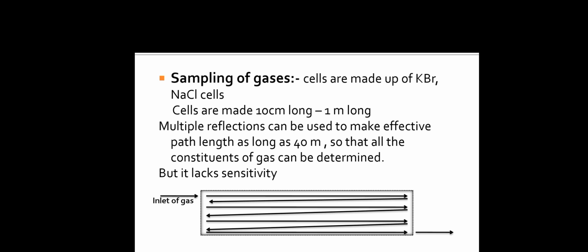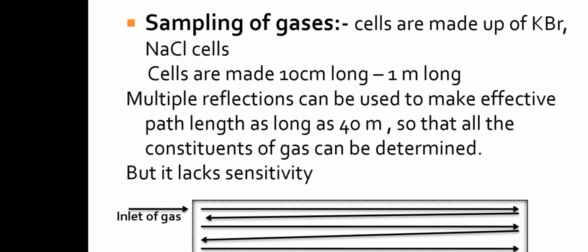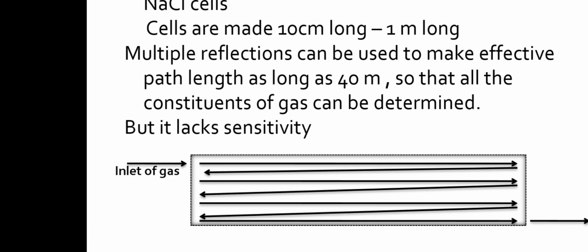For the sampling of gases, long cells are made from 10 centimeter long, and they may be 1 meter long, and these cells are made up of potassium bromide and sodium chloride, and multiple reflection can be used to make the effective path length as long as 40 meters, so that all the constituents of the gas can be determined, but it lacks sensitivity. As you can see in the diagram, from the